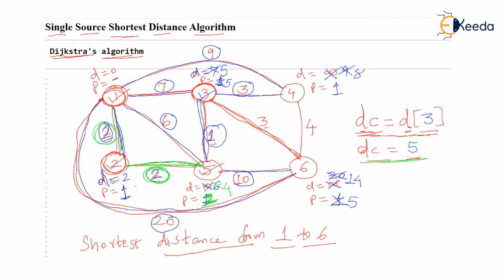So it gets updated with lesser distance 8 and path will get updated to 3 because we are processing third vertex. Also 3 to 6 is adjacent and we can go to 6 because 6 is not yet visited. Check that the distance is 3 here on this edge, but 3 should be added to DC, which is 3 plus 5, 8, and 8 is compared with 14, distance of sixth vertex. It will get updated to lesser distance and path will get updated to 3. Nice. Now what? Now third vertex has got visited and now 2 vertices are remaining, 4 and 6.